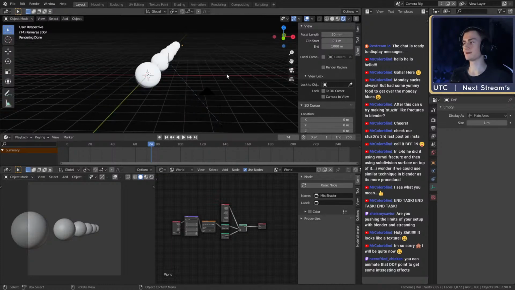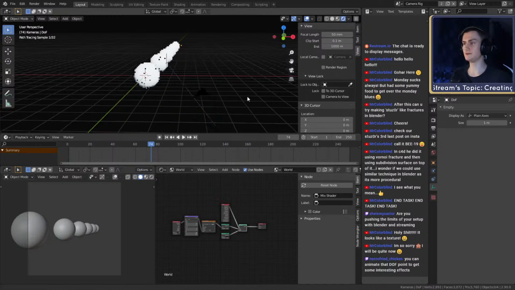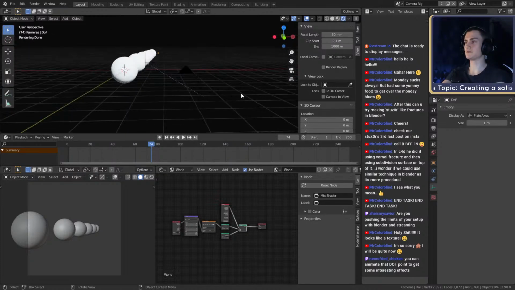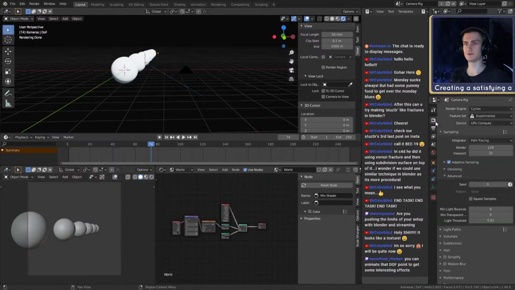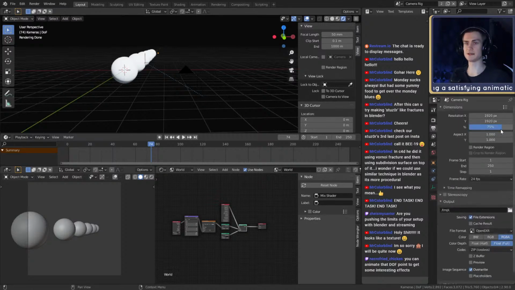Then next up, we have the upscaling of your render. If you want to decrease your render time, just, for example, render it at 75% resolution. I wouldn't go lower.